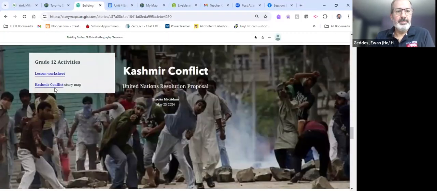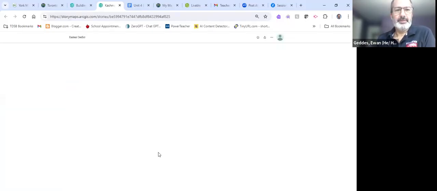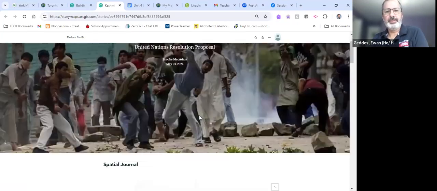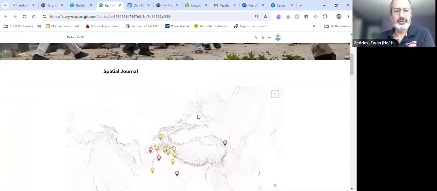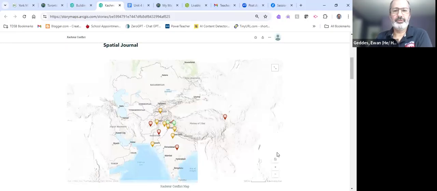And then the example of this student's work, again, story maps. It's a fun and easy way once the students get used to it and coming up with their solution. So they create a spatial journal again, and they were able to take that spatial journal and drop it right away into